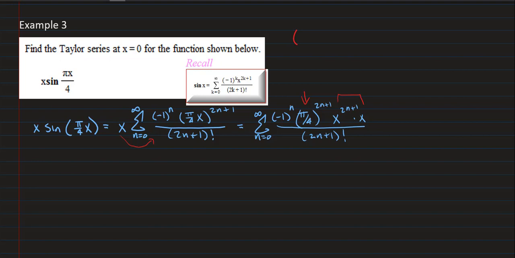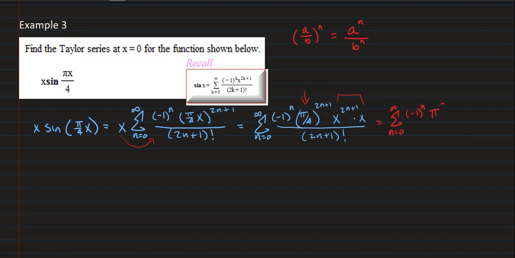Do you remember that we had a distributive property of exponents that says if you have a fraction raised to a power, that's the same thing as the numerator raised to the power over the denominator raised to the power? So that's going to allow me to rewrite this as the sum n equals 0 to infinity of negative 1 raised to a power of n, and then my constant term is just going to be